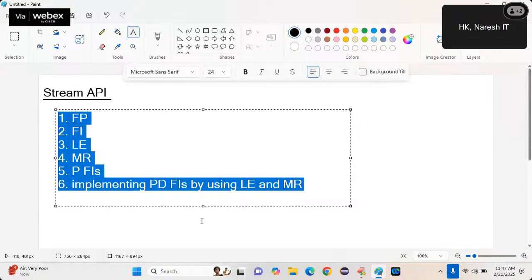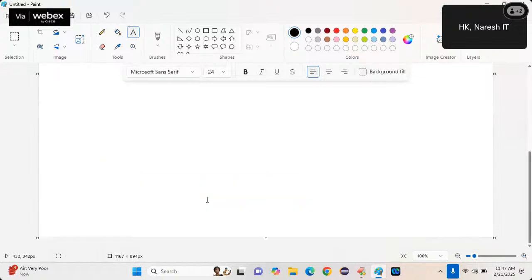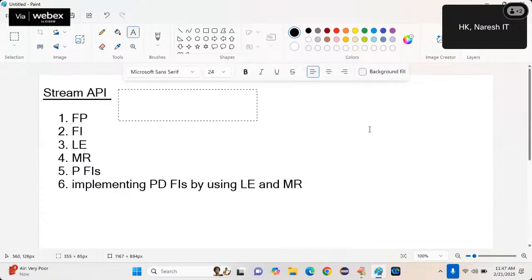Before understanding Stream API, I want you first to get clarity on the for loop, the for each method, and then Stream API. Why Stream API? First, let me tell you why.